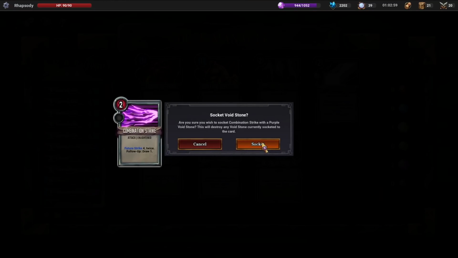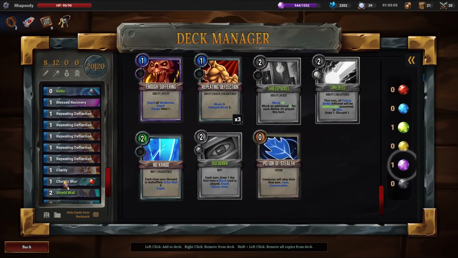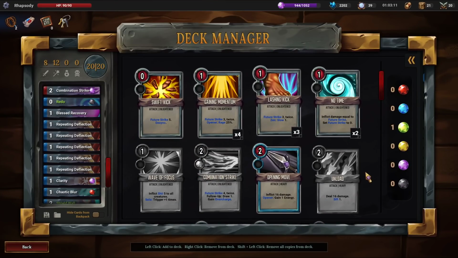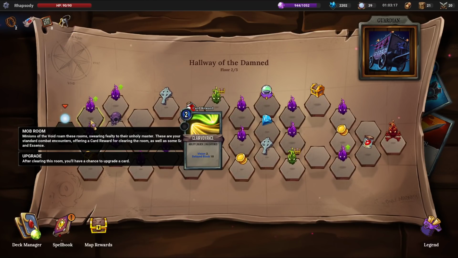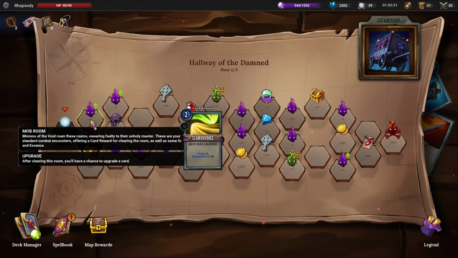All right, Combo Strike. Why don't you get some purple and clarity as well? Got 1 potion of stealth going forwards as well. Could certainly be a lot better. Okay, Clairvoyance, Vision 2, delayed block 10. Not bad, not bad. I think that actually has a lot of a role to play in this, because we